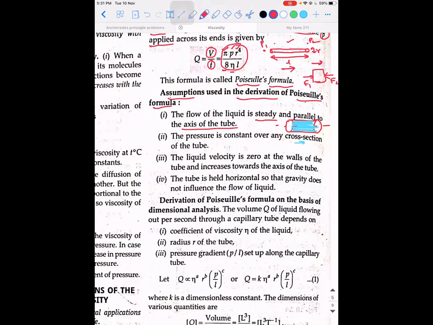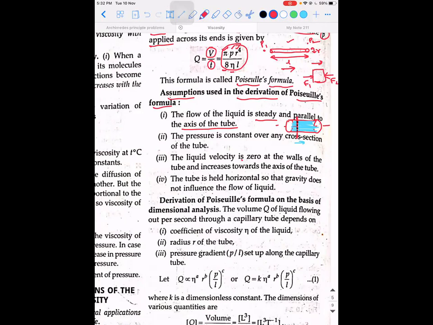Next, the pressure is constant over any cross section of the tube. Means if you take a particular cross section, in that cross section, if you try to calculate the pressure at any point on the cross section, then it should be a constant value. Third,